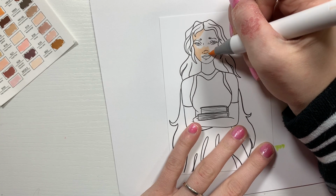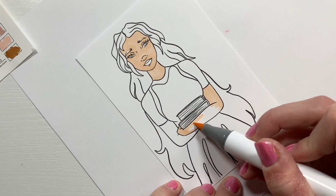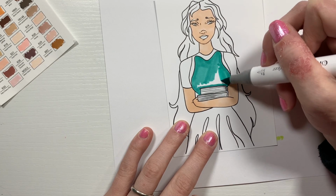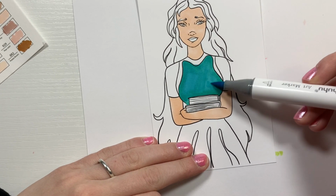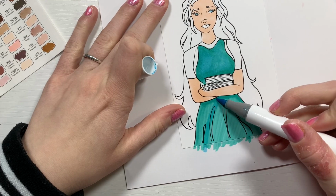So again, I'm starting off by coloring in a solid base of skin tone for her and letting that dry before I add in details. That way nothing blends and bleeds. And I'm sticking along with her colors from her outfits as well. So I'm going in with this turquoise color and layering it with a blue to make it a little more blue and less green, and I put that same color all over the skirt and also layered it with